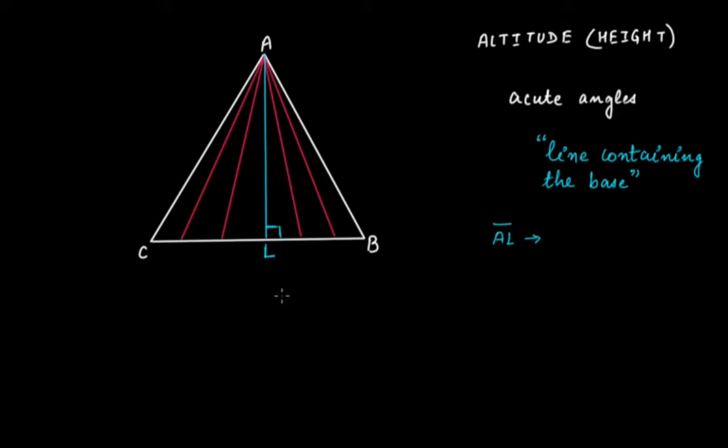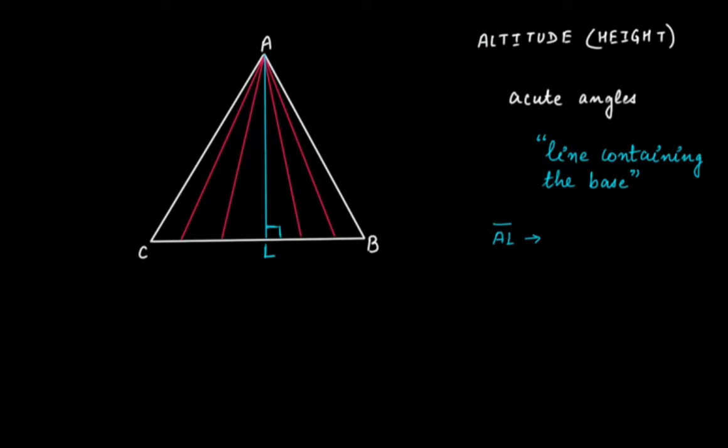In this standard, just know that by altitude or height, you only mean one thing, that it means a line segment that has been drawn from a vertex on the line containing the base, and it is making right angle or 90 degree. Okay, so this line segment AL is one altitude. Similarly,